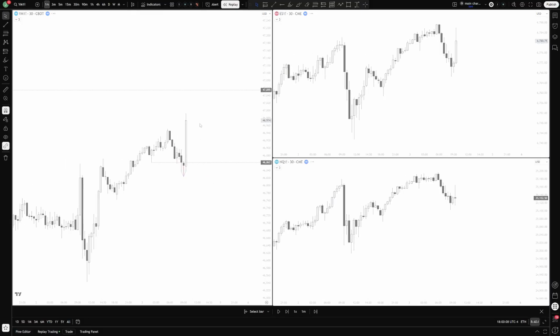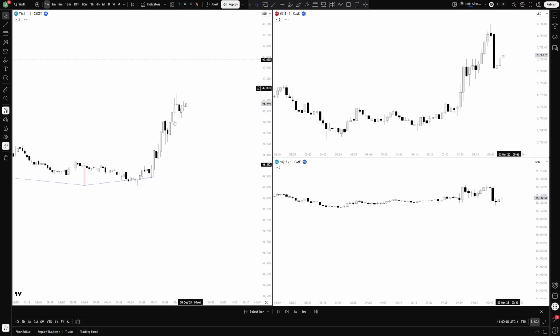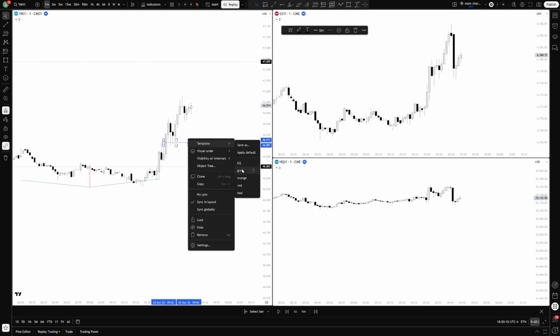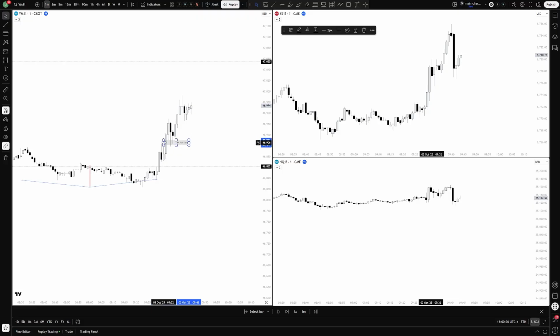So let's go down to the lower time frame here, and I'm going to show you how I actually position myself to get within this trade. YM here was retracing to this 1 minute fair value gap, right? You see this 1 minute fair value gap is respected by YM, and then we get a strong close near